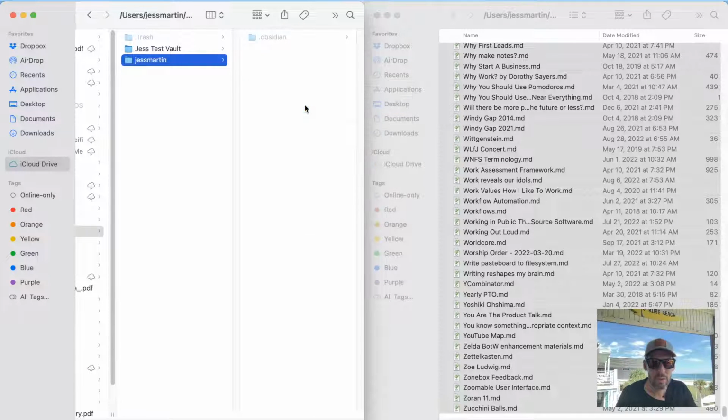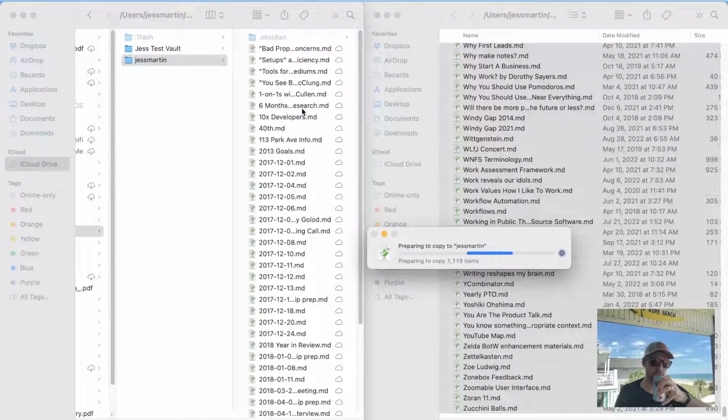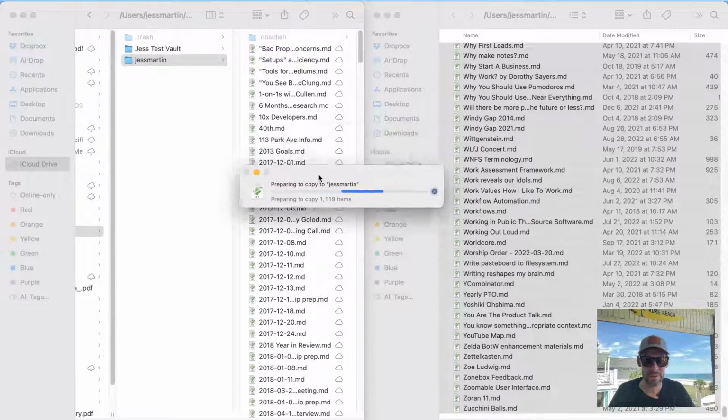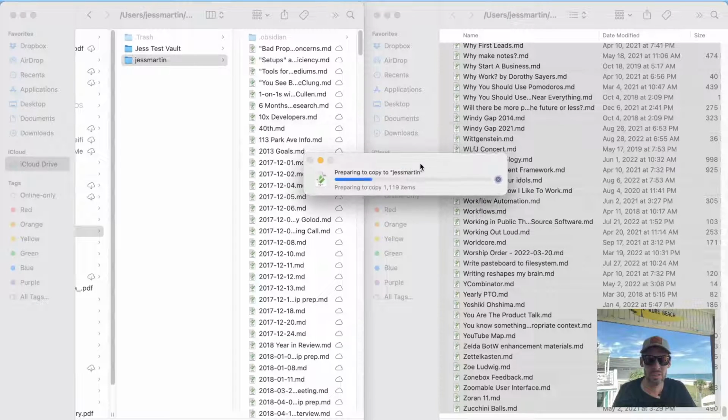Now paste 1,119 items. Go, go, go. I wonder if this is gonna kill my upload speed, which would make it really hard for y'all to follow along for a second, because I don't have tremendous upload at this beach house, and right now it is uploading a lot of stuff via iCloud. Upload is always the weakest link. All right, let's see, still going. Wait, this is just saying preparing to copy. We're not even using any bandwidth yet. Chugga, chugga, chugga.